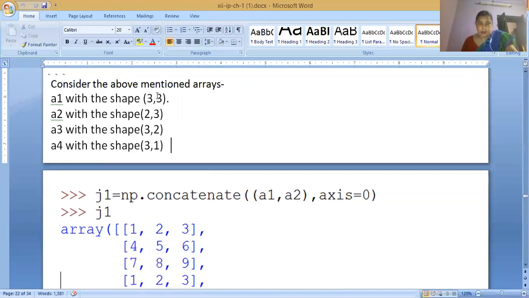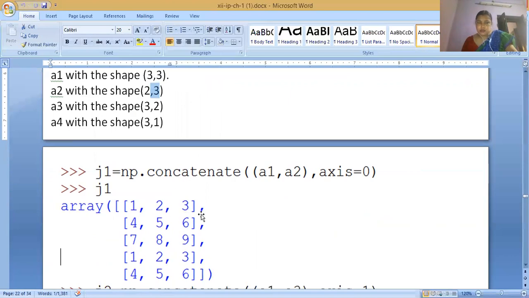Here the number of columns is 3 and here the number of columns is 3. So the arrays are joined along the row: 1 2 3 4 5 6 7 8 9 1 2 3 4 5 6. This function combines a1 and a2 along axis 0.